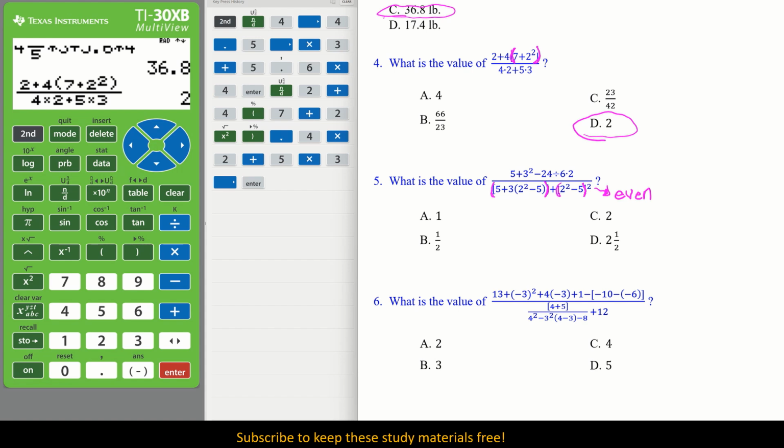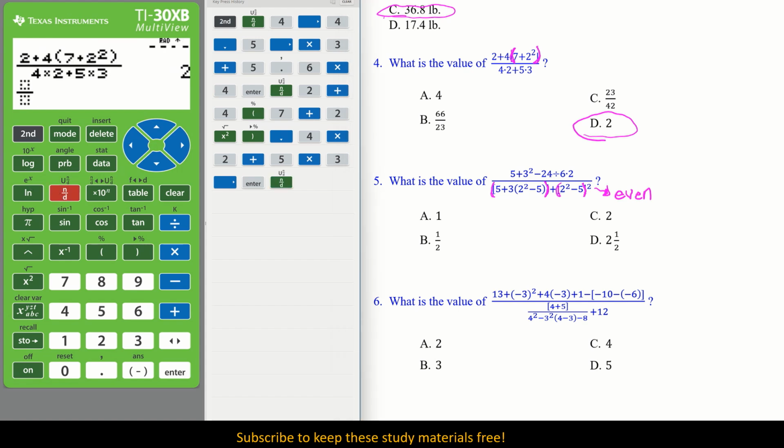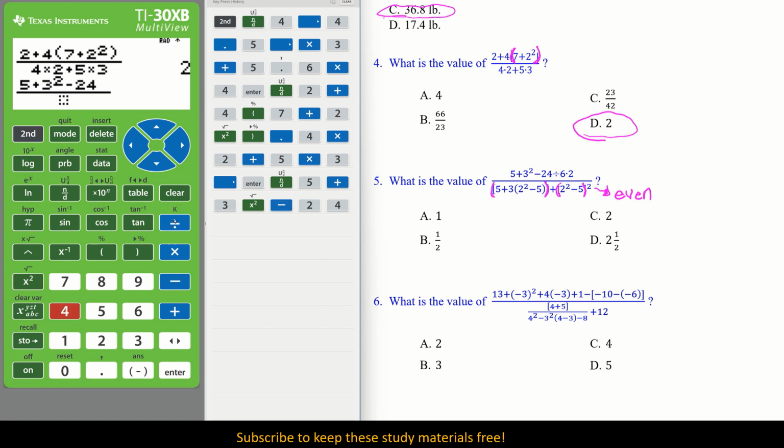So let's do that. Okay, we set up our fraction. Now put in the numerator. Okay, 5 plus 3 squared minus 24, and then we divide, and then 6 times 2. And that is all correct. I like it. So let's go down to the denominator. Now we have to make sure that we put in our parentheses exactly the way we have it on our